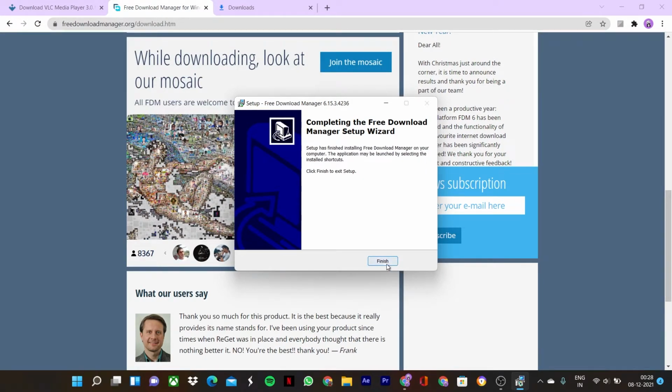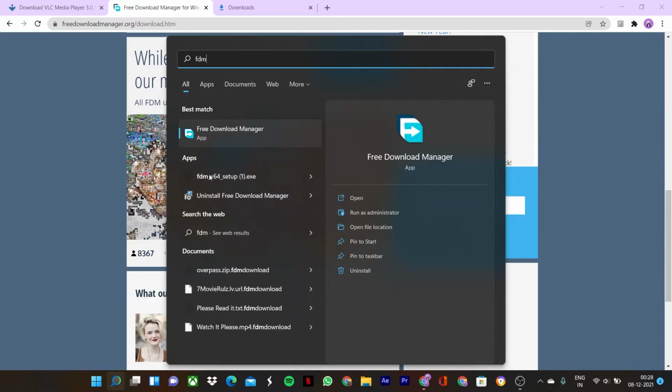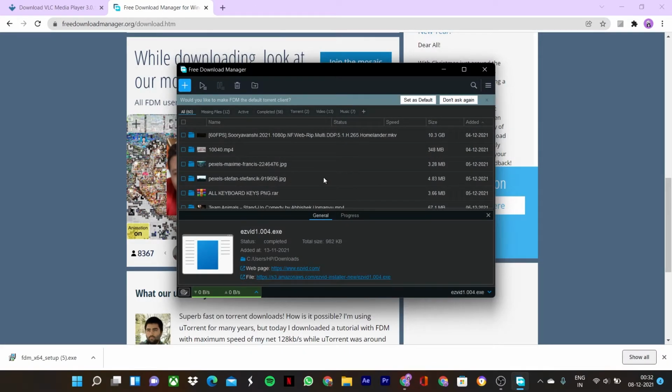Now click finish, go to the search bar, type FDM, and then open this app. So here is our Free Download Manager successfully installed on our computer.